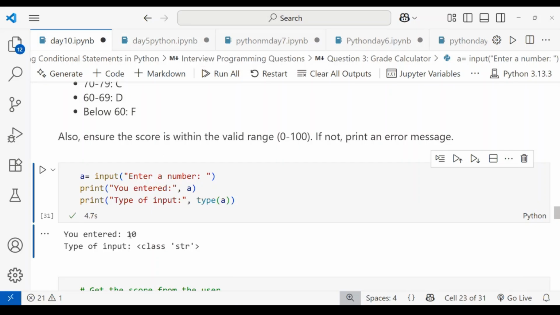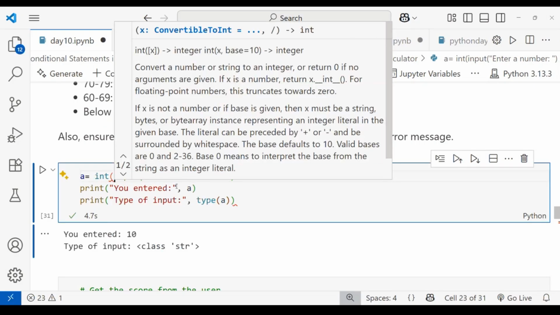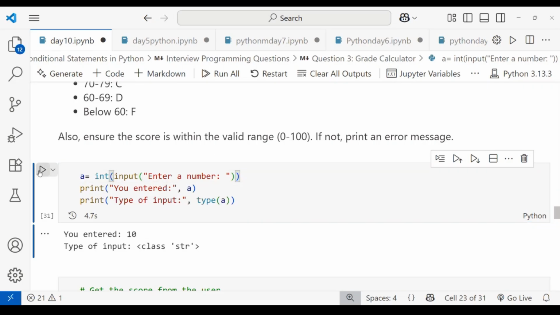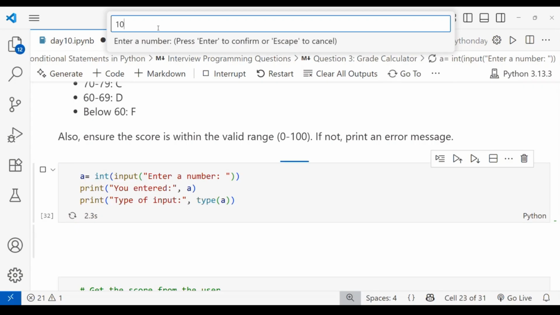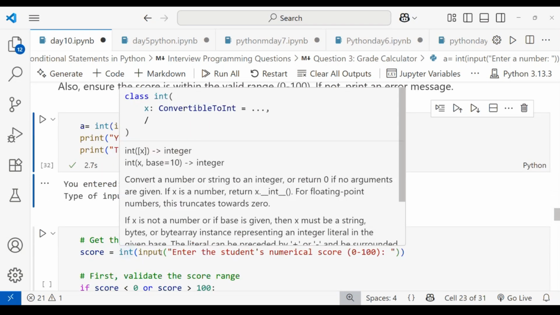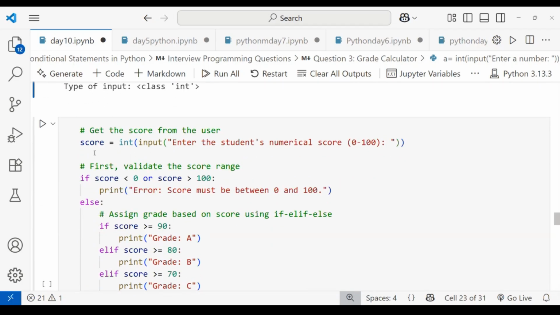To overcome this, you have to convert this one, right? When you have to convert, you are using typecasting. So I'm passing int only. So int of input. When I'm giving int of input, it will convert this string value into integer. So I'm running this one. Again, value 10. Then your entered value is 10. So type of input is integer. That's why I'm using int of input here. Okay. Then I'm taking, to check the values, the score, right? So I'm using here